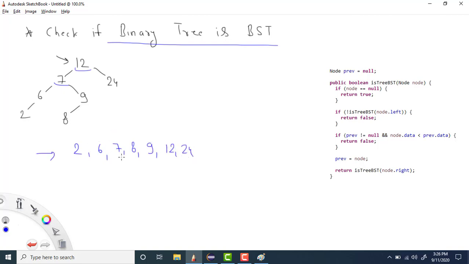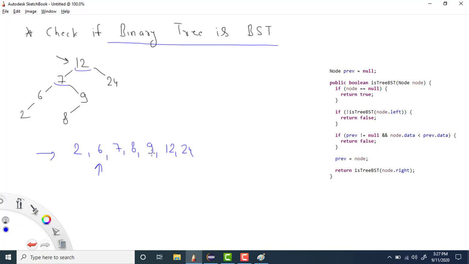So it means we have a list here. Now can I simply check that if all the values are in a sorted manner, then I can say that this is a BST, right? So let's say I'll start from here. I will start from this value and check whether this value is greater than the previous one, then we are fine. And at any place, if any particular value is lesser than the previous value, then we can say in this case this is not a BST, right?